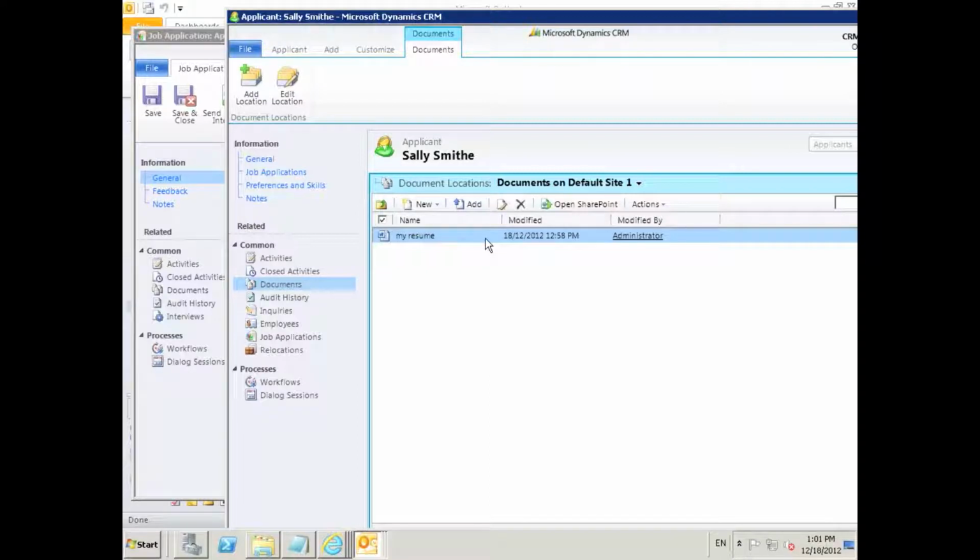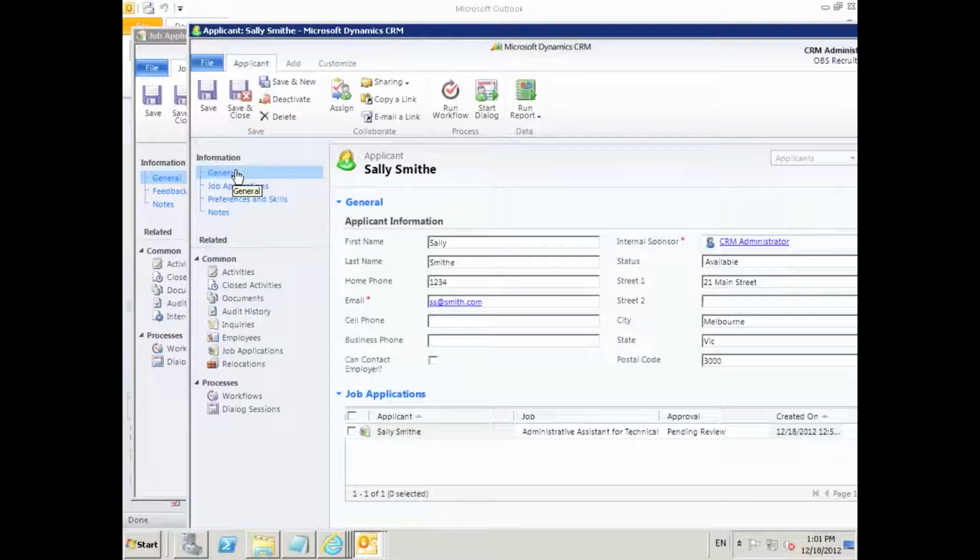You can see that it's linked to the applicant record in CRM. But I can also open this up in SharePoint, and I can manage this through the standard SharePoint means, so I can add a conversion, etc., check in, check out. Okay. This is out-of-the-box integration with SharePoint and Microsoft CRM. All right, so we're going to go and have a look at the applicant. As Mark, I'm happy that the applicant meets all of the key criteria, and I'd like to initiate the interview process. The first thing I'm going to do